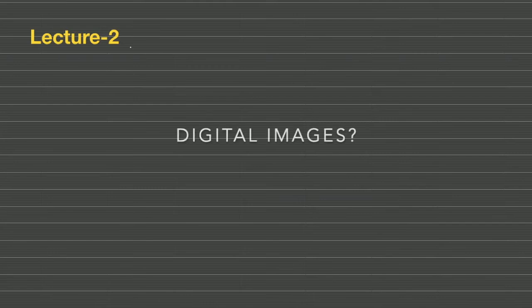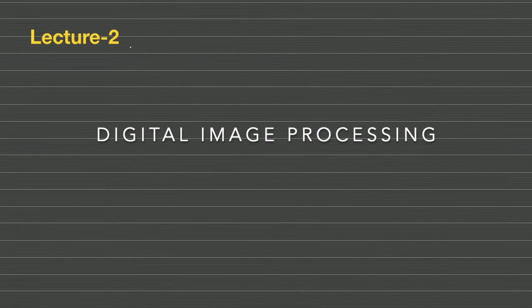In this video, we are going to look at the basic definition of digital images, what is digital image processing, and a few of its applications. So let us open first one digital image. This is a digital image. If we zoom, we can see that this image cannot be further resolved, and each pixel is one shade of gray.